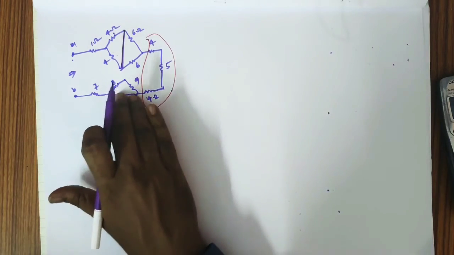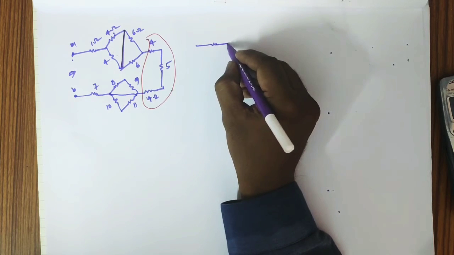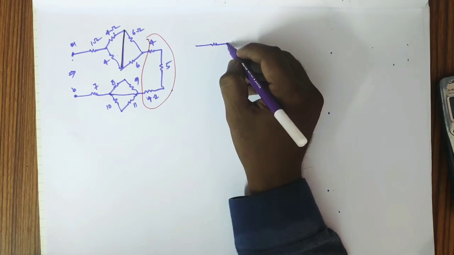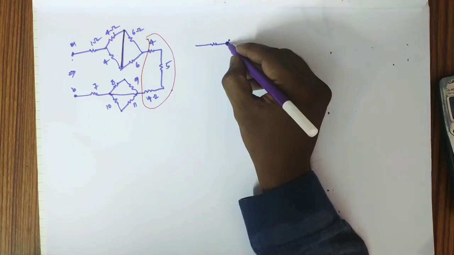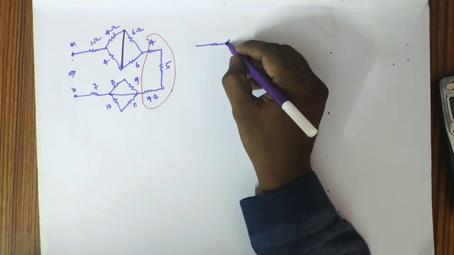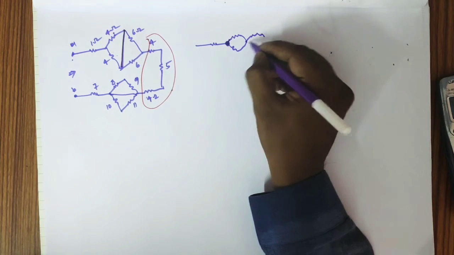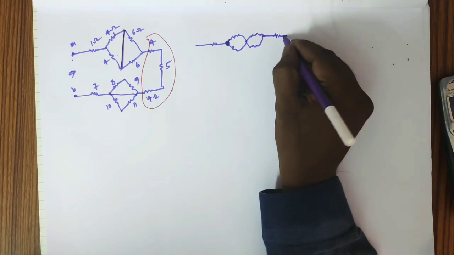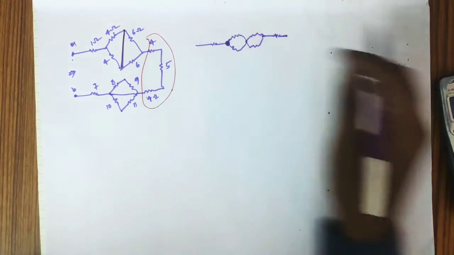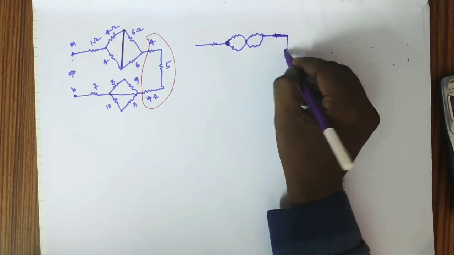If you merge that, the circuit will be represented like this. And the equivalent resistance value is 4, 5 plus 4. What is the value? 9 plus 4, 13. You got 13 ohms,